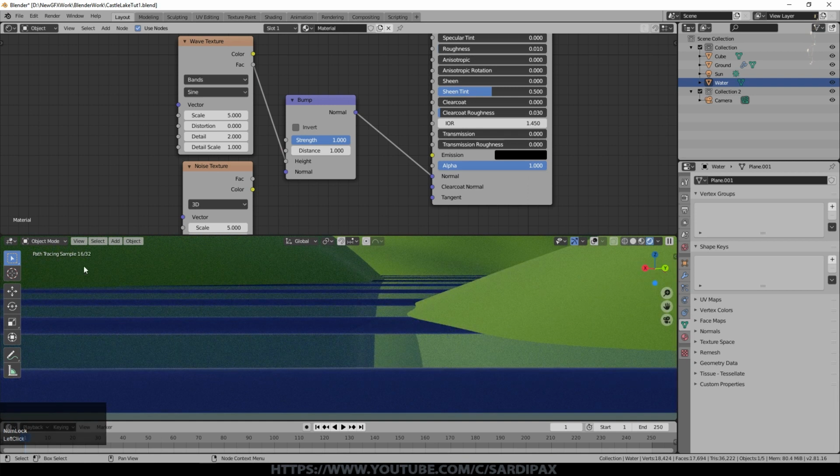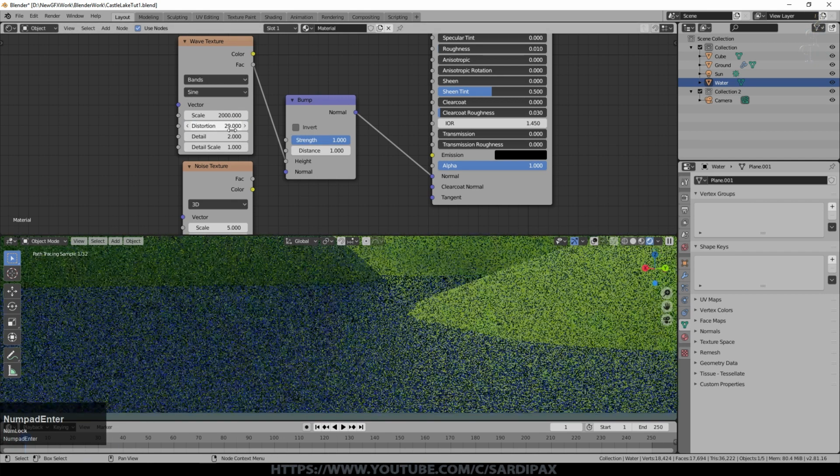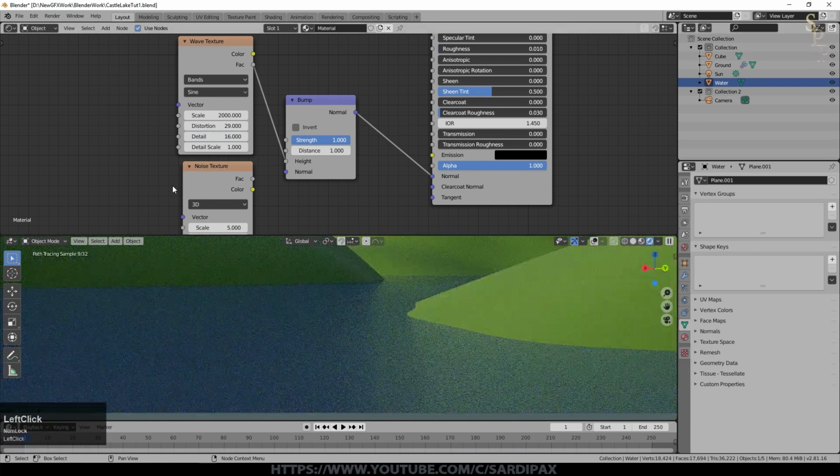And you can see it's gone a little mad. We've got some massive, they're actually supposed to be waves appearing on the surface. As a starting point, I'm going to use the values that I used in my initial scene, but because I haven't been particularly disciplined in making sure that the scale is the same between them, undoubtedly we'll need to make some modifications to that. But I'll put this at 2000. I'll put the distortion, which basically changes the waves from perfectly straight waves to wobbly waves, at 29, which is the value I used. I put the detail up to 16. You can go higher. This is the variations in the distortion, how fine that detail goes. And I left detail scale at 1.